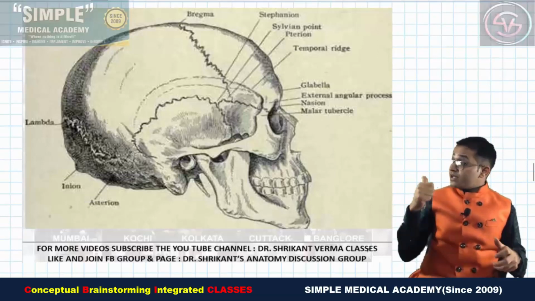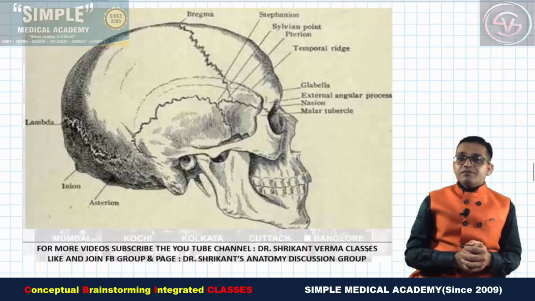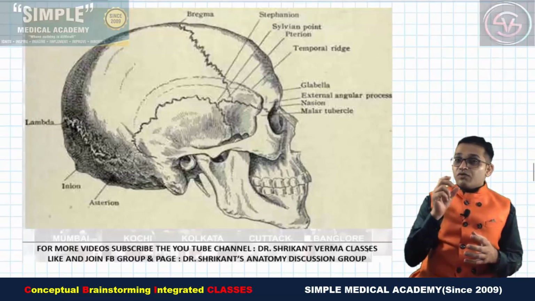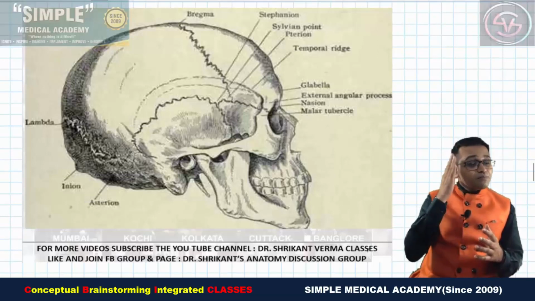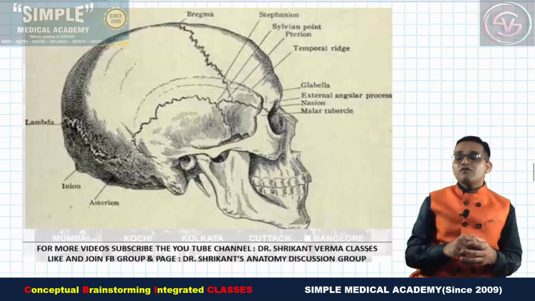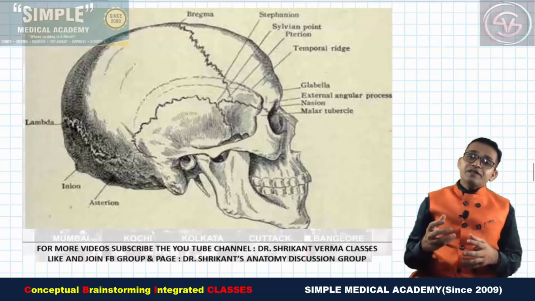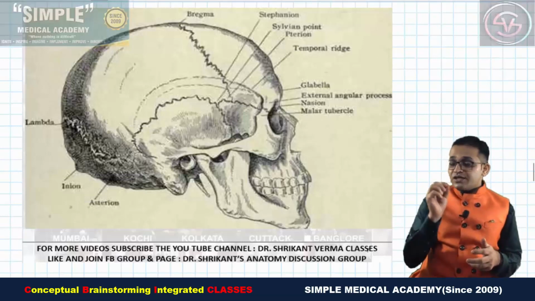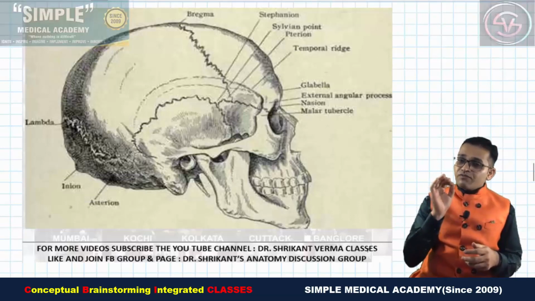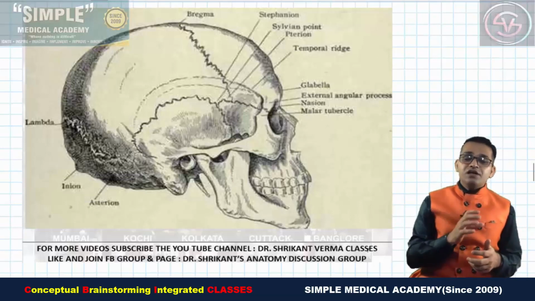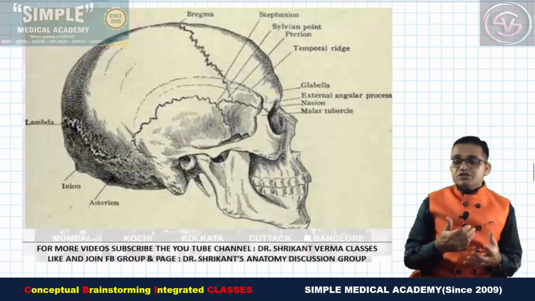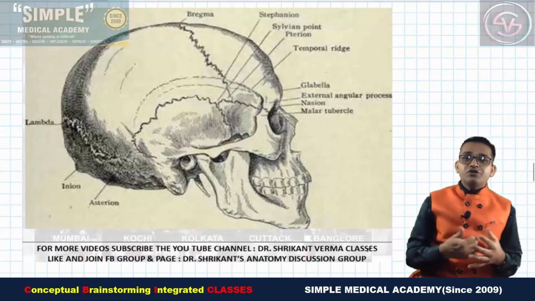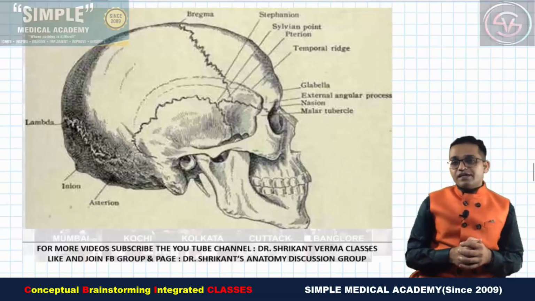Now see, this pterion is most important for you. Why? Because this pterion is one of the very thin parts near the temporal region, and the thinnest part of this pterion is known as the Sylvian point, as we have discussed earlier. So for neurosurgery, for the cranial cavity approach, this Sylvian point, this pterion, is one of the very best choices for the drill, for the burr hole procedure. This is used for the surgery of extradural hemorrhage as well as various cranial cavity approaches. Okay.